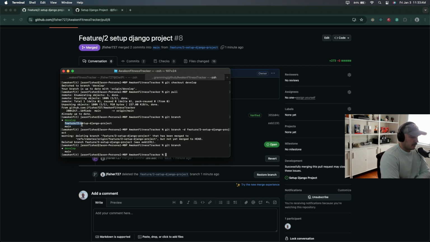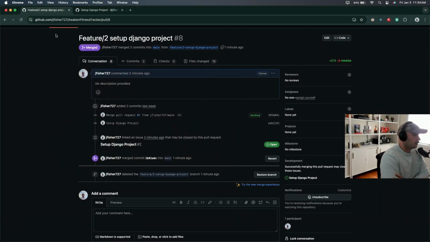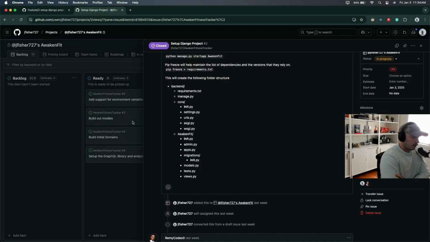Anytime I wrote something that ends up creating a bug, I'll prefix it with bug or bugfix. Sometimes I'll do hotfix. It just depends. But I like to prefix mine typically with feature just to show that I'm building out new work. So if we go back up here,